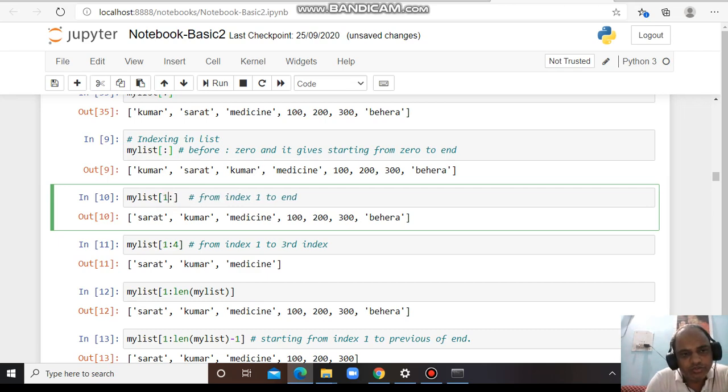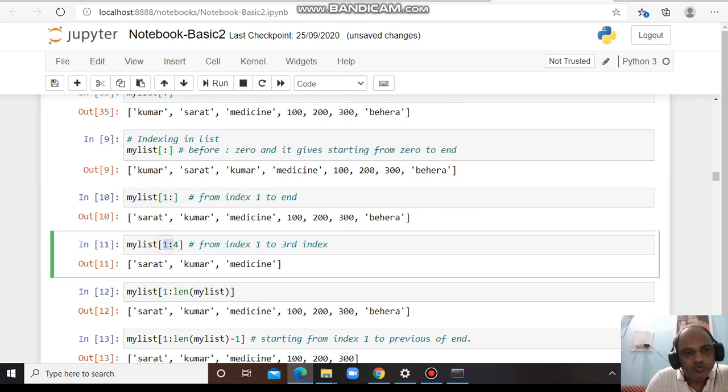If I have mentioned 1, it will print from index 1 to the end, because after the colon I have not mentioned anything. That means starting from index 1 to the end of the list. And 1 to 4 means starting from index 1 to the third index, 4 minus 1.